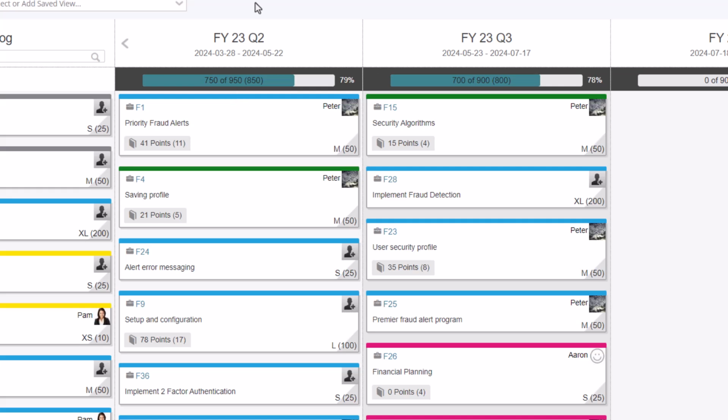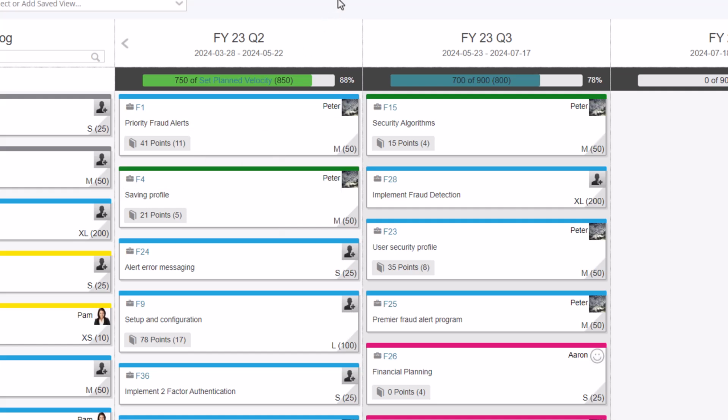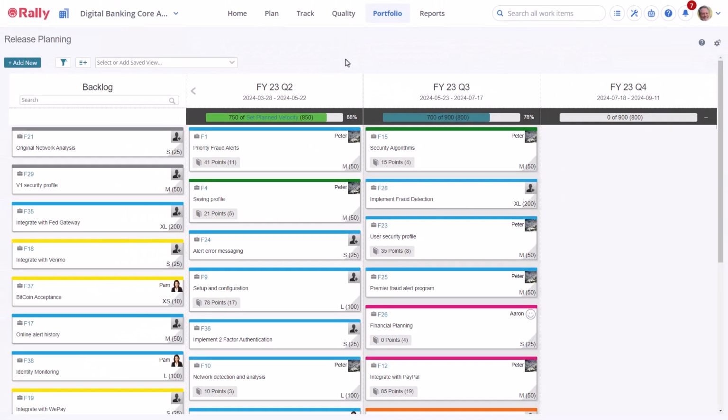Now, if in your organization the release train level is just a container for the other projects and you don't need velocity at that level, you can just leave the velocity for the parent project undefined by setting it to 0. So at this point, we have our features defined, we've assigned preliminary estimates, and we're ready to start planning